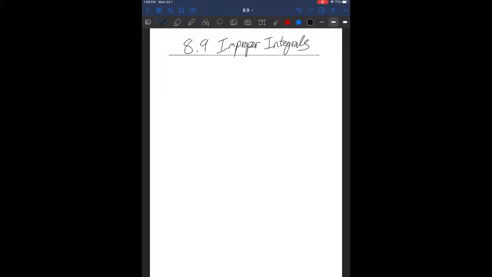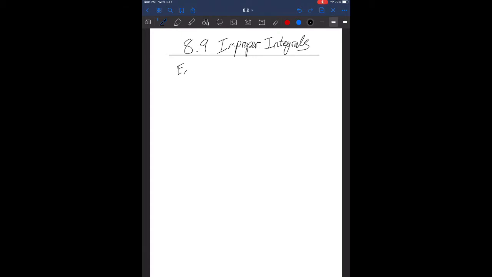Hi everyone. Today we are going to be covering section 8.9 from the textbook, which talks about improper integrals. Improper integrals are going to be any integral where we have to deal with infinity at some point in the integral. So kind of the most obvious example of this is if our bounds of our integral are going to